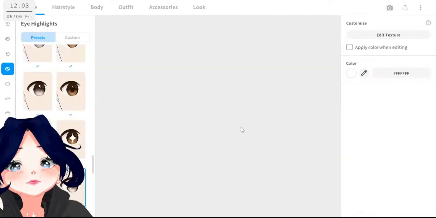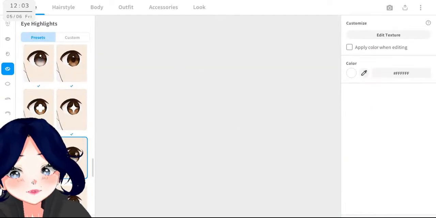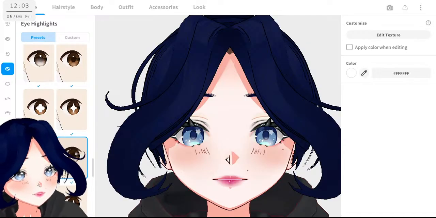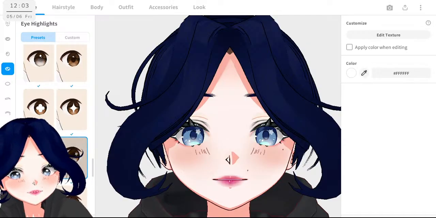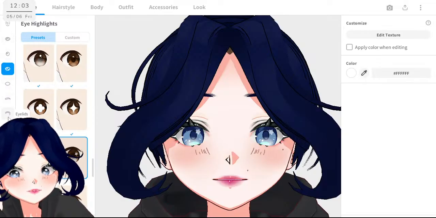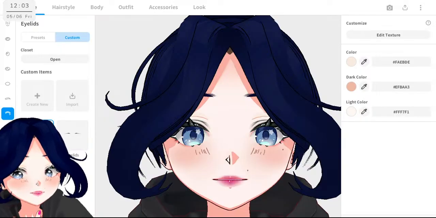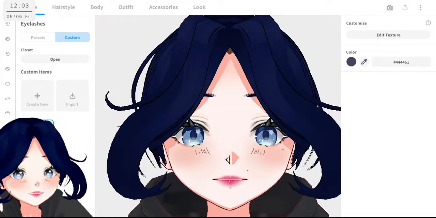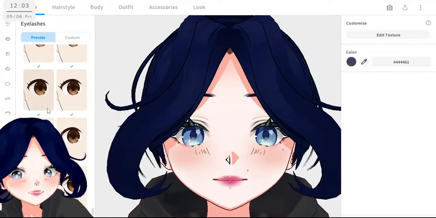So let's go back to the editor. Do I have a way to highlight this? Yeah, I think so too. And now the eyelids. Or the eyelashes.